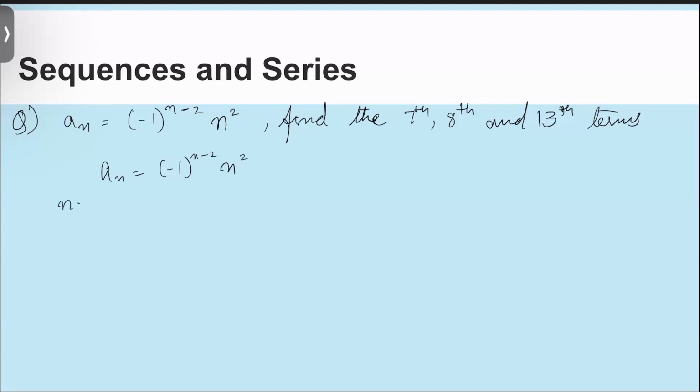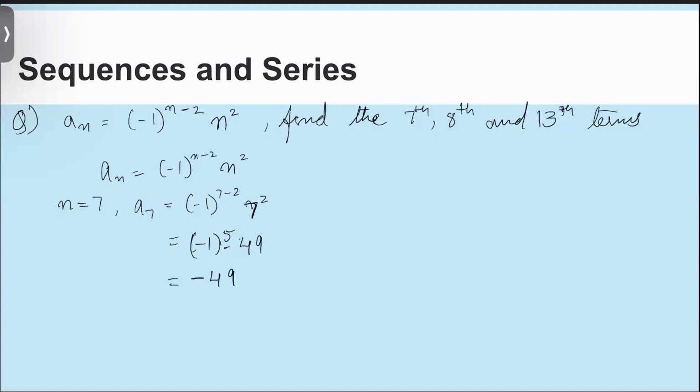So if your n is equal to 7, your a7 is equal to minus 1 raised to 7 minus 2, 7 squared. Okay, so now this would be your minus 1 raised to 5, 7 squared is 49. Whenever you use any power with respect to your minus 1, if it is an odd power, your minus 1 remains minus 1. If it's an even number power, then your minus 1 becomes 1. So over here the power we have is odd, so this will remain as minus 1, so this becomes